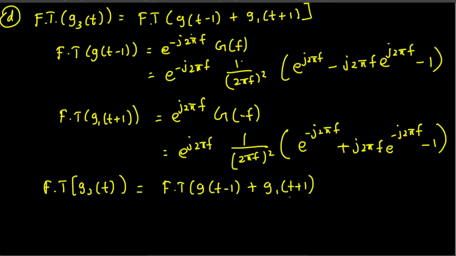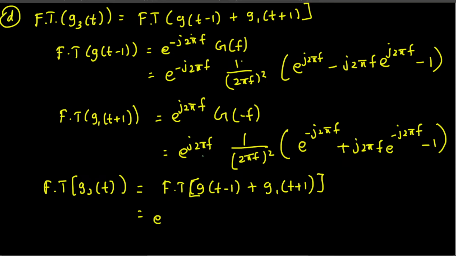We found both of them, we just have to add them together. So g of t minus 1 is right here. Also we can take the first two terms common for both of them, so that will simplify our expression. So we will have e power,